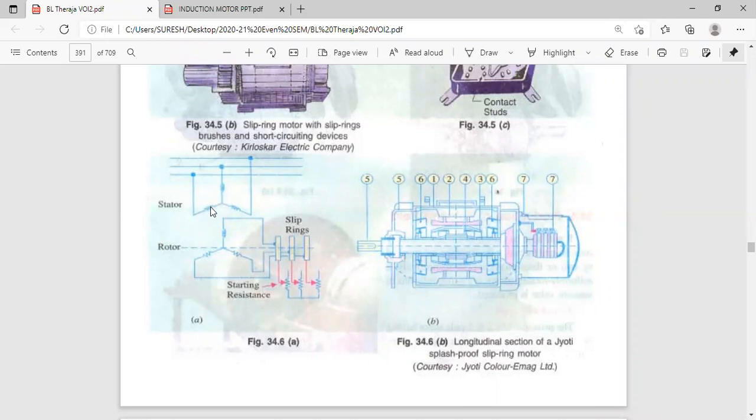Now the stator is in three-phase star connection. Three phases are there. 1, 2, 3. And this is in the star connection, Y connection. This is about the stator. Now come to the rotor. Stator side is three-phase side. Rotor is also three-phase star connection. Three coils are there. 1, 2, 3. Here this is not resistance, this is coil. Three coils are there in the rotor also, and it is also connected in star connection.